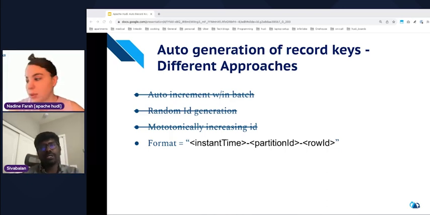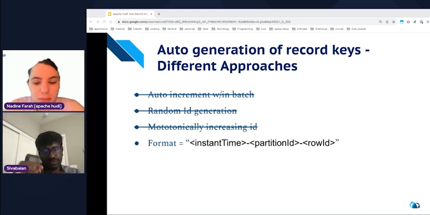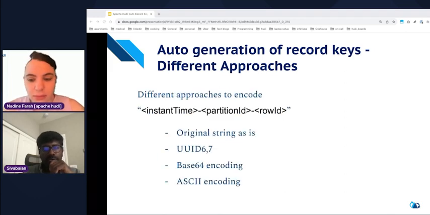So we came up with this format where we have the commit time, or the instant time, and then the partition ID or the task ID, which is a slice of the data within the entire batch. And then within that, we can add a row ID, a sequentially incrementing identifier. So these are the three components which we narrowed down, which will produce a deterministic key. With these in mind, we came up with